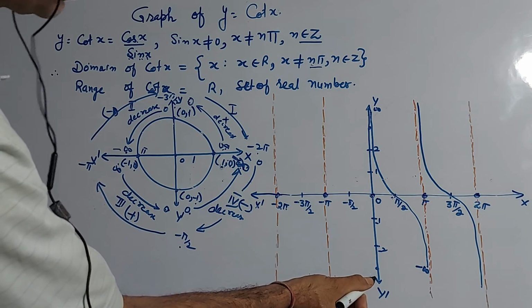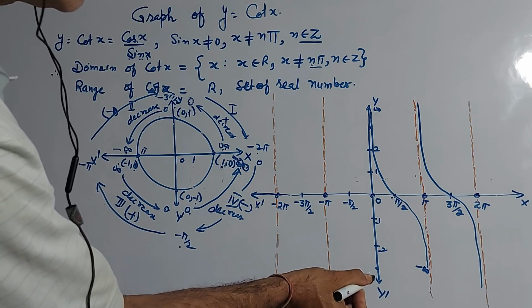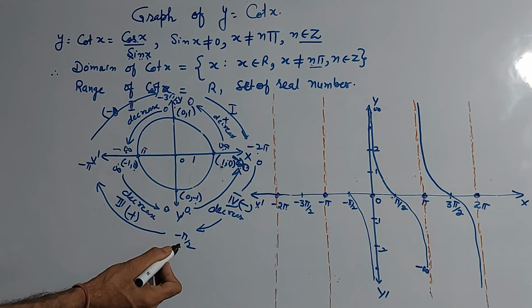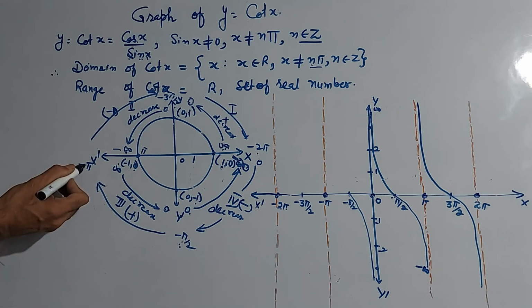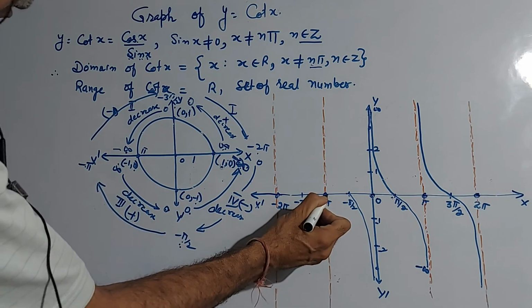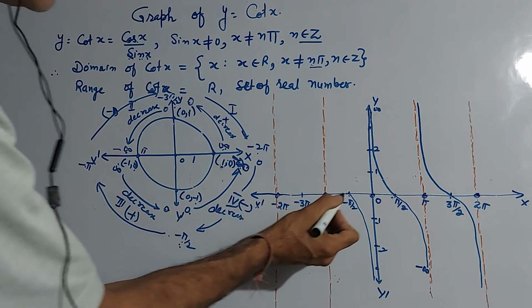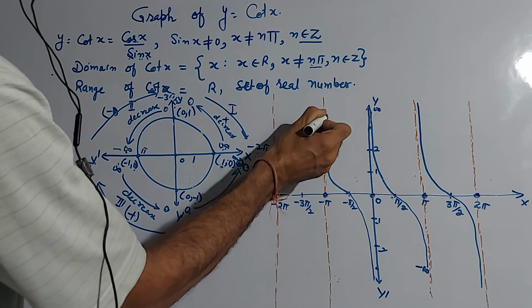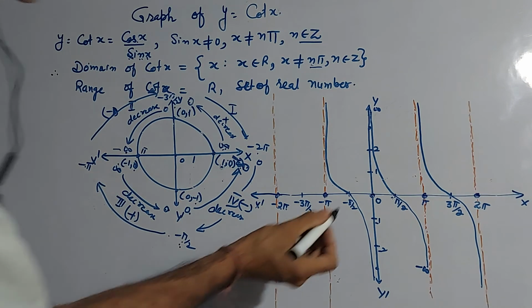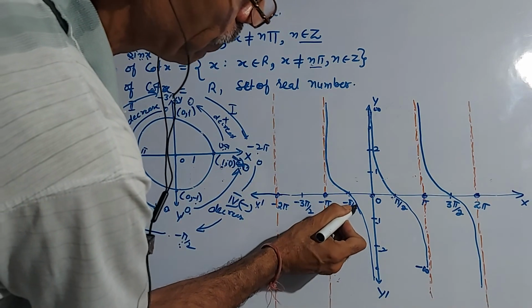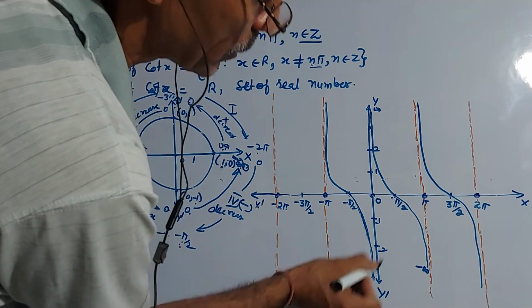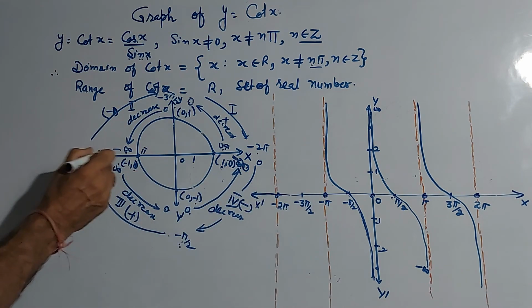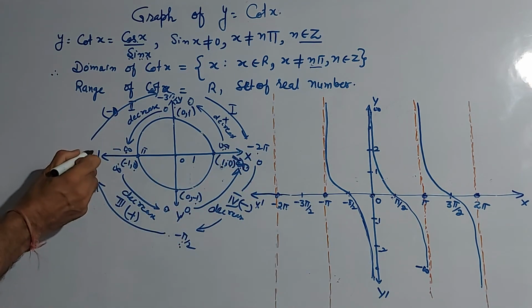This is the minus infinity. So the value will go like this, increasing up to minus pi by 2, and then from minus pi by 2 to minus pi, the value is increasing from 0 to infinity like this. This will not touch this line. So this graph is also like the previous one. This curve is again like this. Now minus pi is here, then we revolve in this direction.